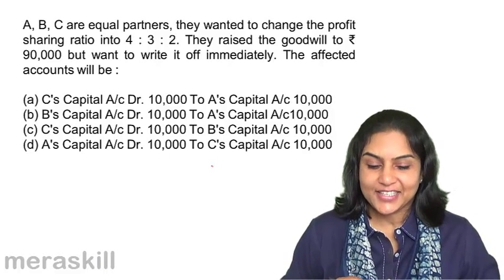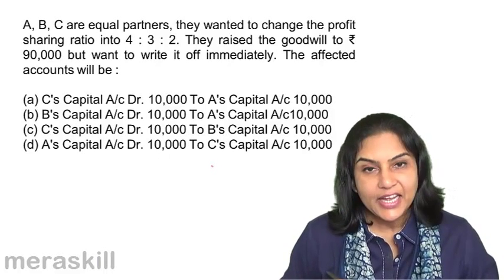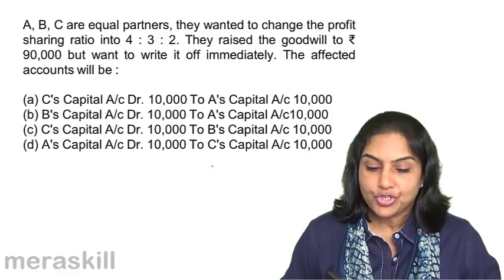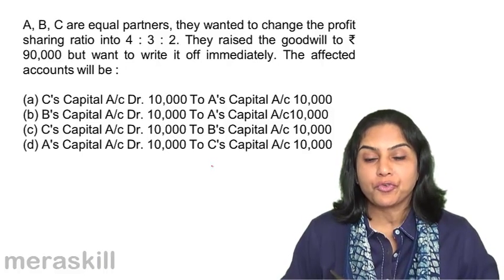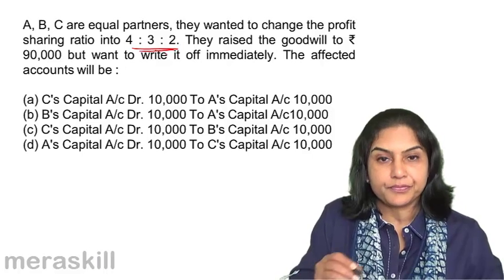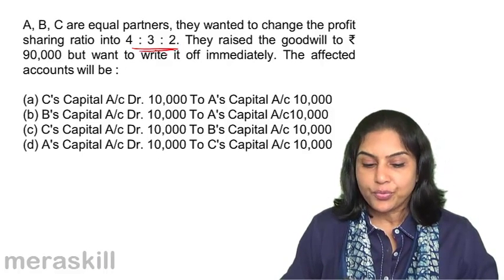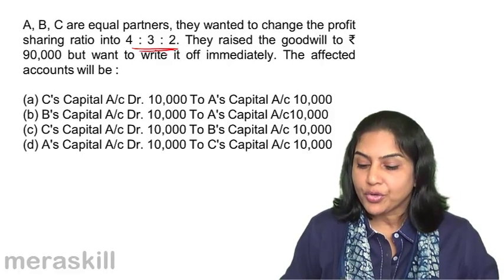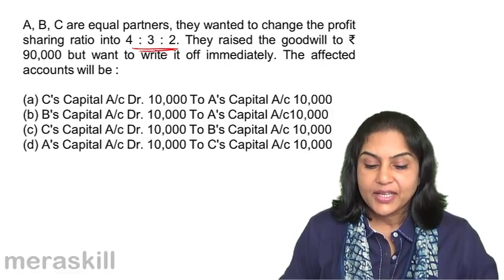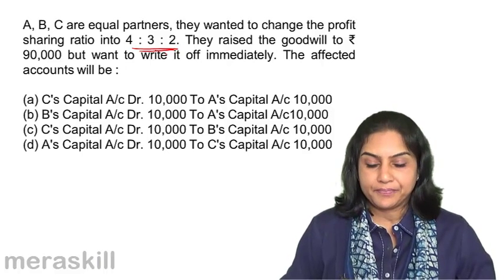Let us take another example. A, B and C are equal partners and they wanted to change the profit sharing ratio to 4:3:2. They raised the goodwill to 90,000 but want to write it off immediately. The affected accounts will be